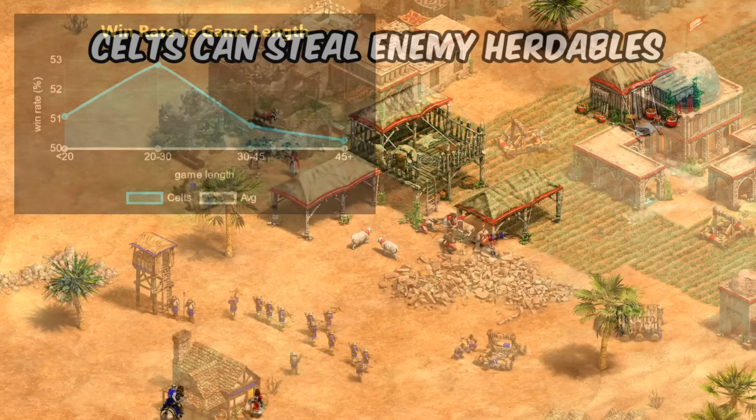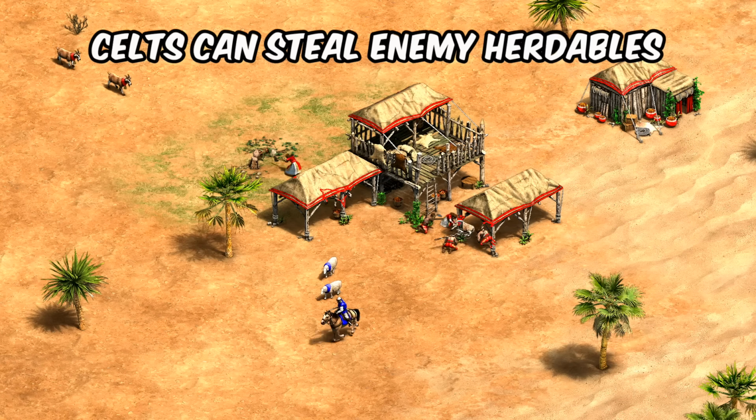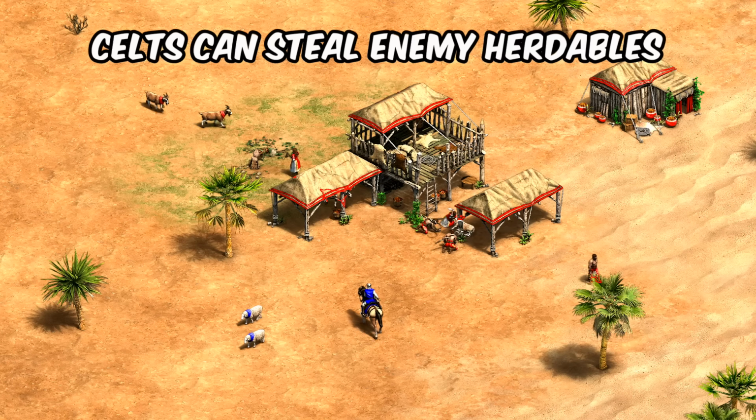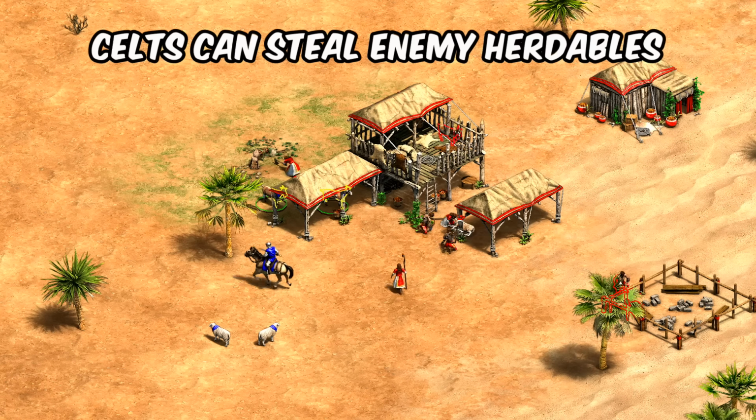Their final bonus is that Celts can steal sheep from other players, even if those sheep or other herdables are within a unit's line of sight. Admittedly, this is one of the weirder bonuses in the game, and doesn't come into play that often, but you could theoretically use it to try to lame sheep from under an opponent's or even an ally's town center,